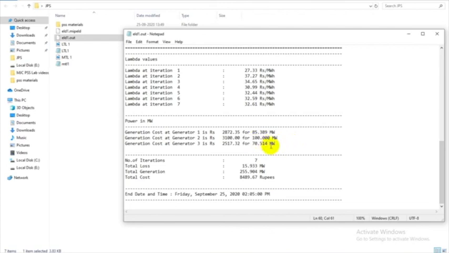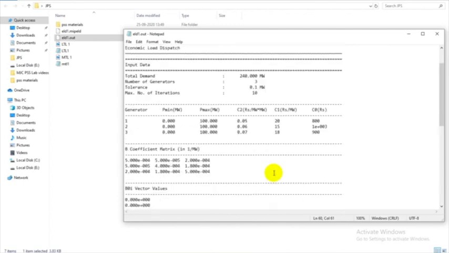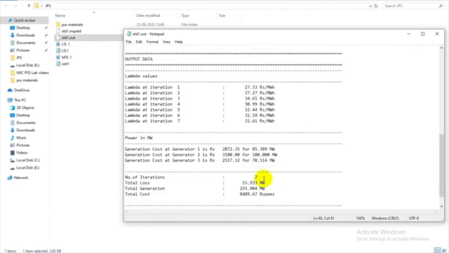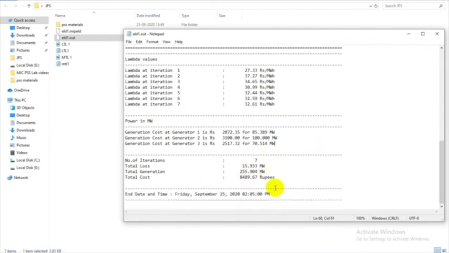This is the total generation based on the cost equation. The total number of iterations is 7, and the total loss is around 15.99 megawatt. Total generation is 255 megawatt: 240 is the demand and about 15 megawatt is the loss. And the cost is given here.